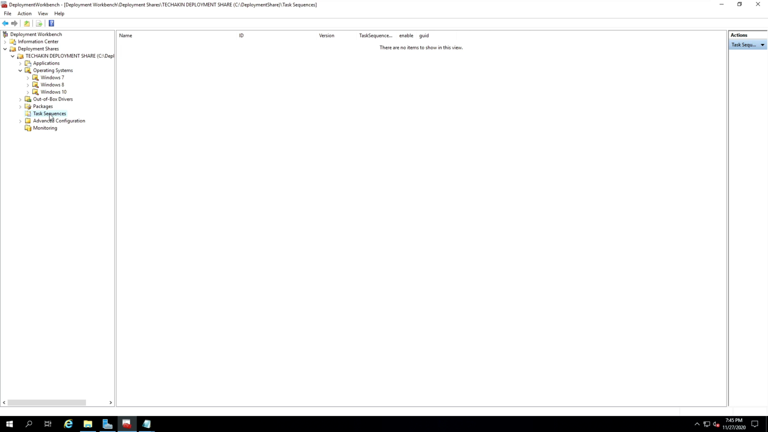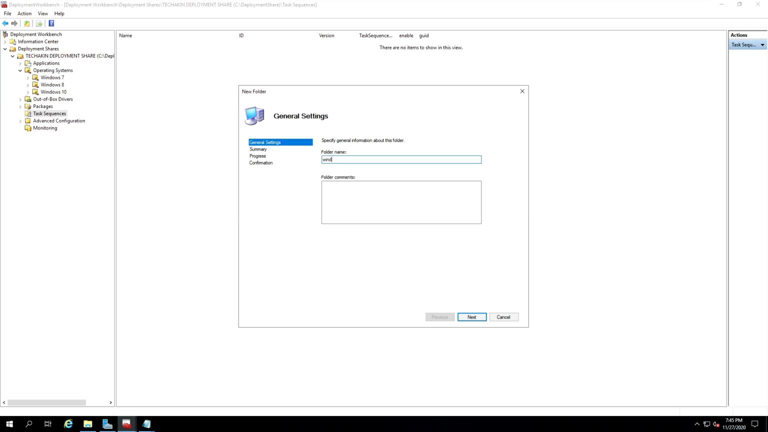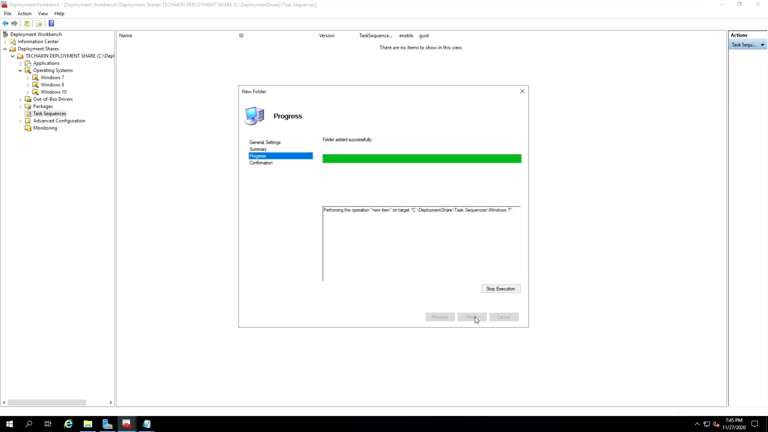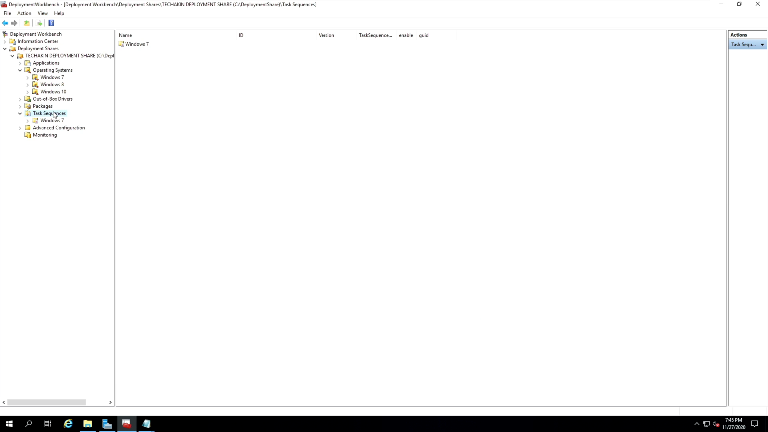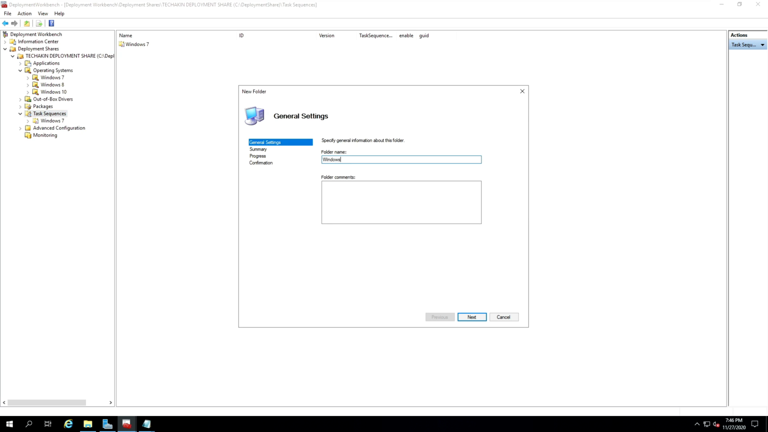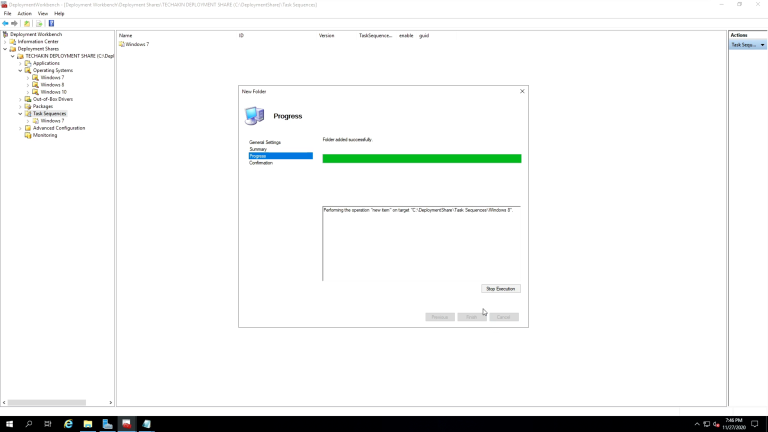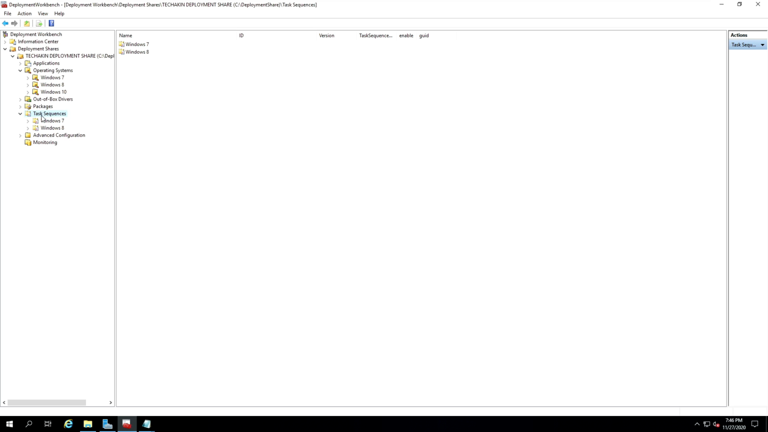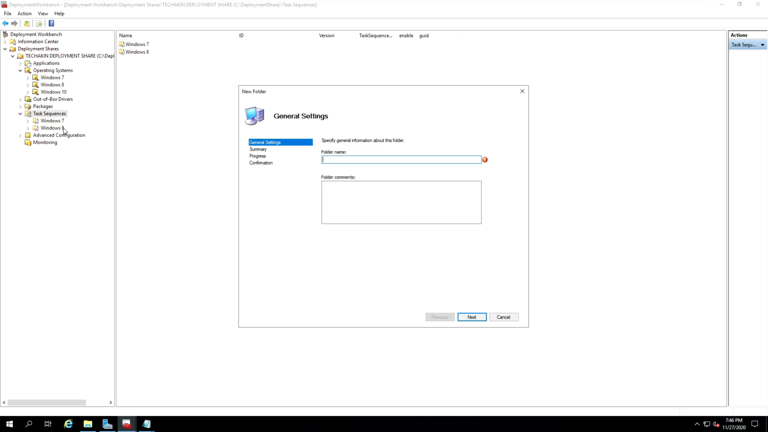We're going to do the same thing for task sequences. Right click on task sequences, new folder, Windows 7. Click next, and click finish. Right click on task sequences again, new folder, Windows 8. Click next, and finish. And then lastly, right click on task sequences again, and this one is for Windows 10. Click on next,